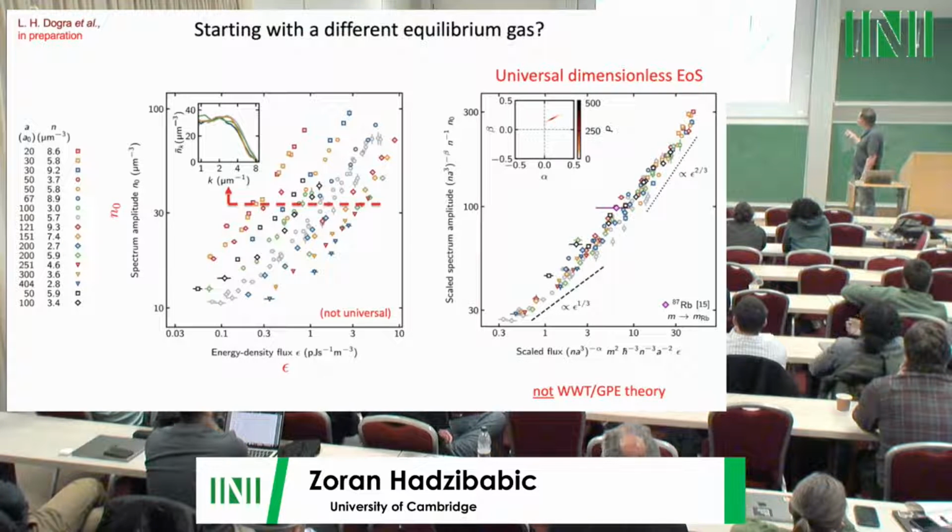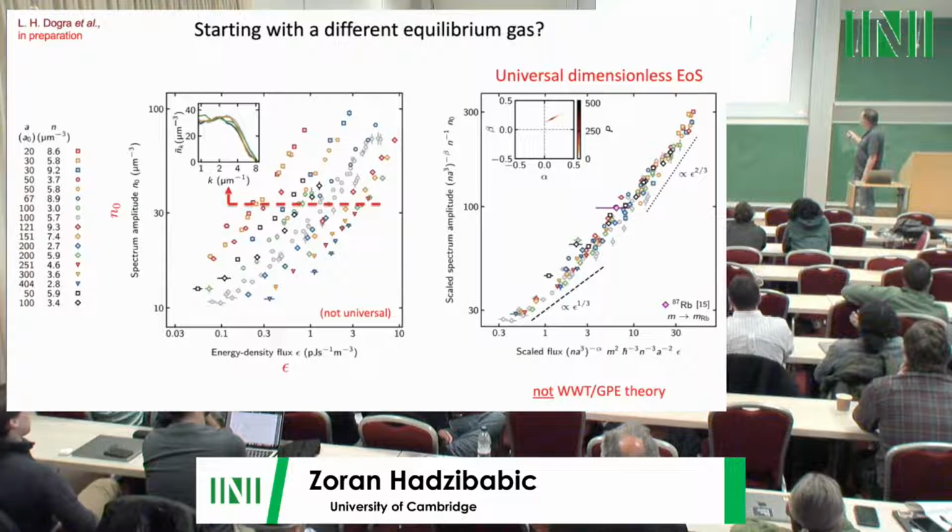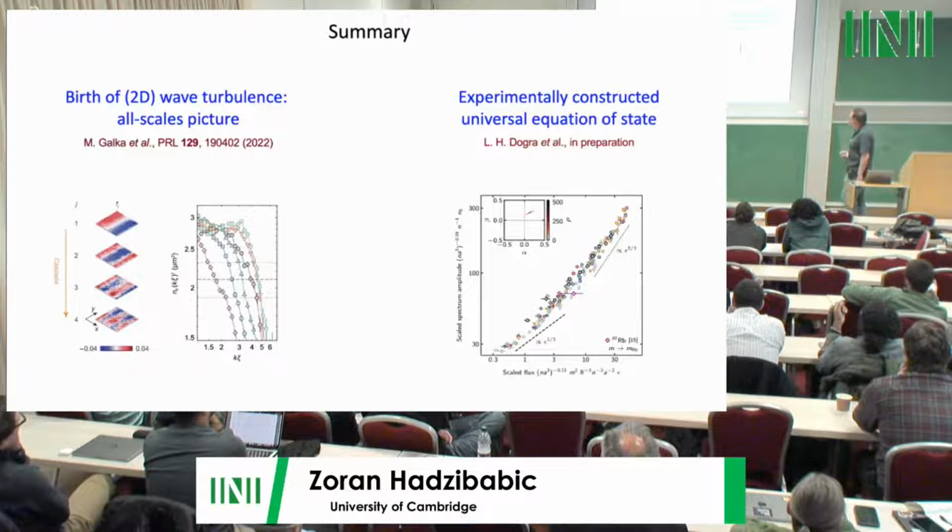It's kind of self-verifying. Actually, there's a point here which comes from Nir Navon's old rubidium experiment. Once you have found the equation of state for the potassium, you can just extract the data from an experiment that was done on a different machine 6 years ago, put in the right mass, and that falls onto this universal curve as well. And so with that, I'm done.